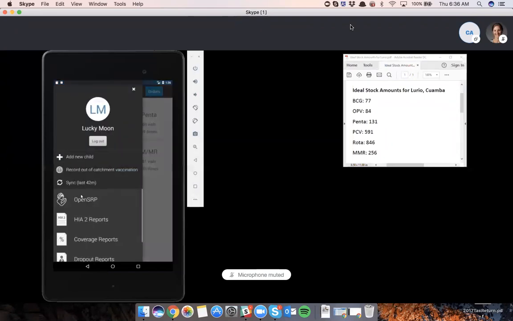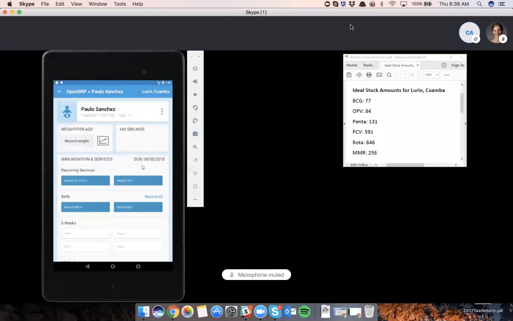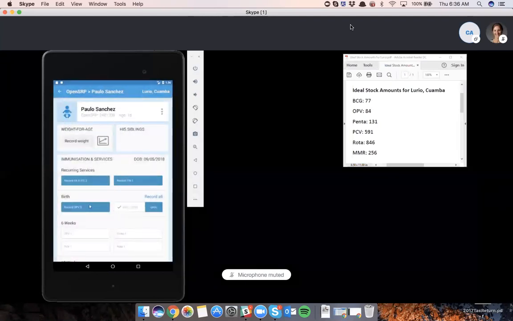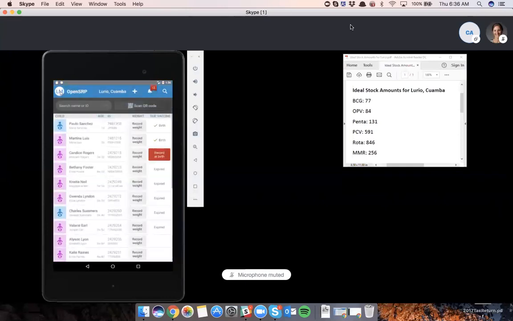Now, let's say that I'm an immunization nurse, and I want to go and immunize one of the children. A number of children have come into my clinic today, and Paulo has just been born 2 days ago, and I'm going to give him his OPV 0 and BCG. Okay, so this is BCG done today, right? And OPV 0 done today. Okay, so I've done this for all the children who've come into the clinic today,